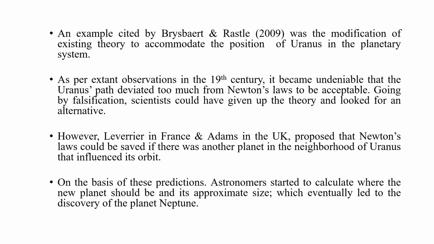On the basis of these predictions, astronomers started to look for this probable planet, this probable heavenly body, and they started to calculate the whereabouts of this new planet and its approximate size and so on. These efforts eventually led to the discovery of the planet Neptune and allowed for a way to reconcile Newton's laws with the orbiting path of Uranus. So you can see it's probably not the best idea to junk a particular theory on the first test of falsification; the grounds of falsification must be verified